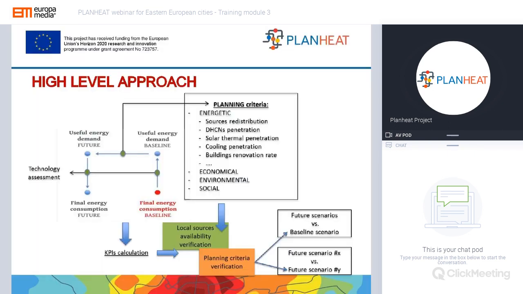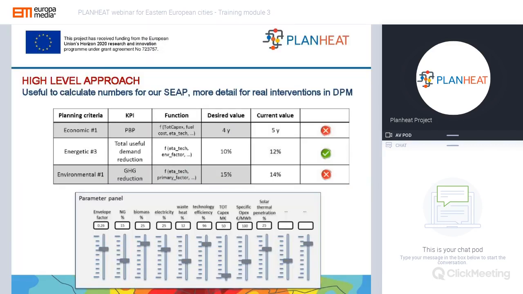And the few slides upcoming give you a high-level approach of how the whole thing will look regarding the city planning module. And to show you as a sneak peek some possibilities to calculate numbers for different action plans.